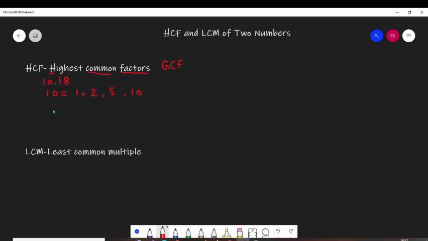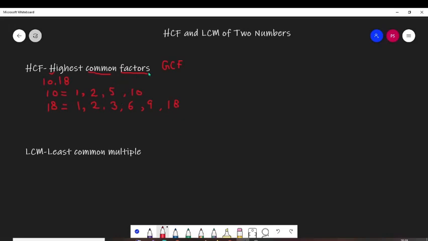So guys, if you want to know how to find out all the factors of any number without leaving any, you can go to my video. I'll share the link in the description. That is a very easy method. Now let us find out factors of 18. The factors of 18 are again 1. 1 is a factor of every number. 2, 3, 6, 9 and 18.